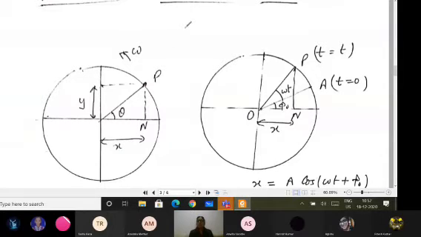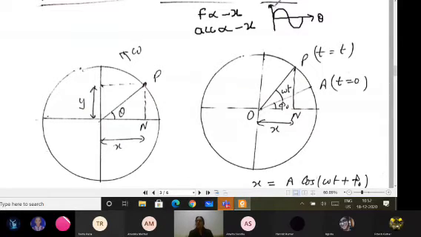And simple harmonic motion is what? If the force is directly proportional to the displacement with minus sign, or I can say acceleration is directly proportional to minus x, and I can represent it in the form of sine or cosine curve. So I may take either the sine curve or the cosine curve. All these conditions if satisfied, that is my simple harmonic motion. Now what I have to learn is how this uniform circular motion is related with the simple harmonic motion. So the question is clear, and we go with the discussion of the answer.